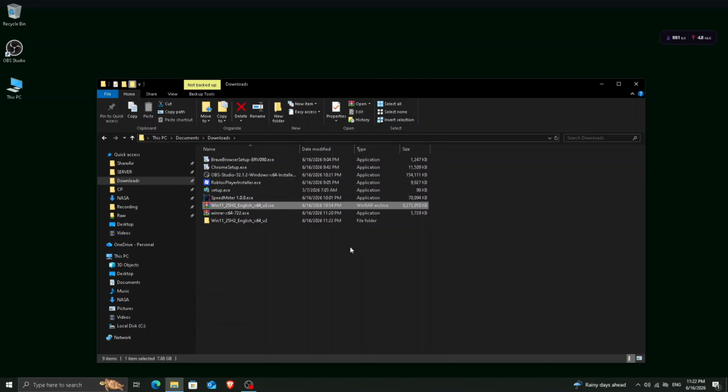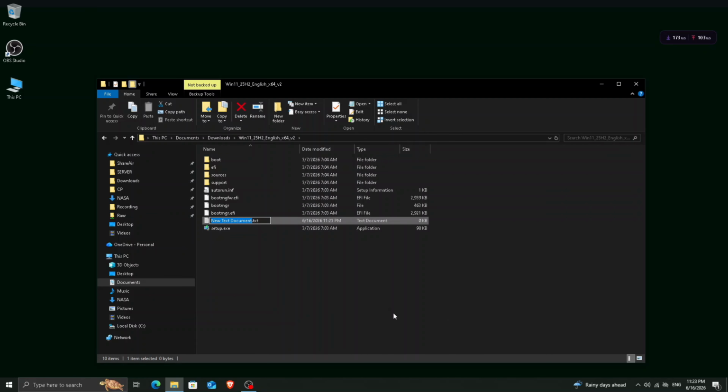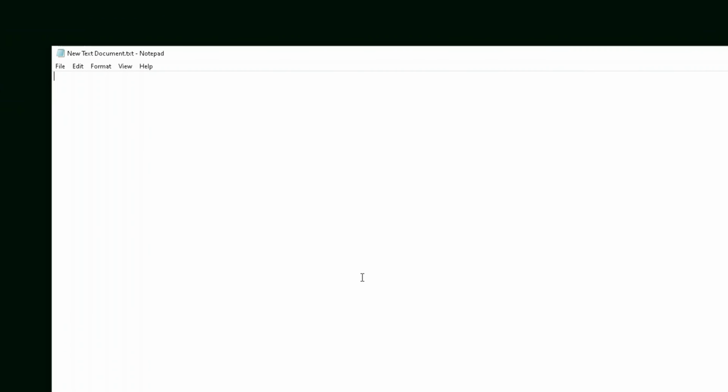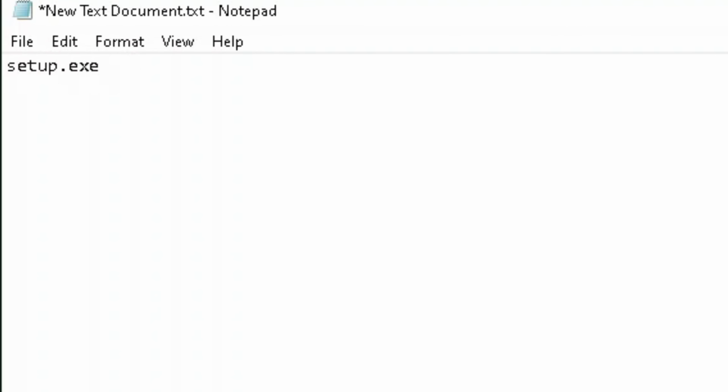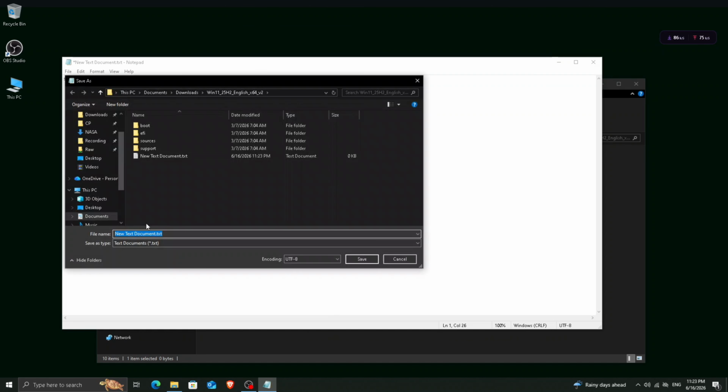Once it's done, open that extracted folder. Inside, right-click on any empty space, go to New and select Text Document to create a new text file. Open it up and type the following command exactly. I'm going to add this command in the description. You can copy it from there. Now, go to File, click Save As, name the file